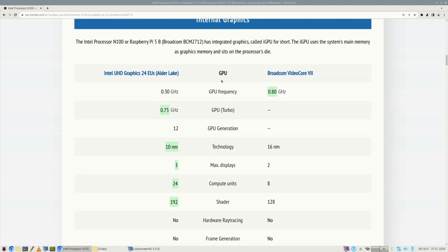Now let's take a look at the graphics processing unit, GPU. Intel has an inbuilt UHD graphics with 24 compute units, but with the VideoCore 7, I guess it should have been 12, because it has 12 compute units or cores within this VideoCore 7. It's running at 0.8 GHz or 800 MHz, while UHD graphics uses throttling, so when high speed is not needed, it's running at 300 MHz or 0.3 GHz, and when most of its power is needed, it can run at